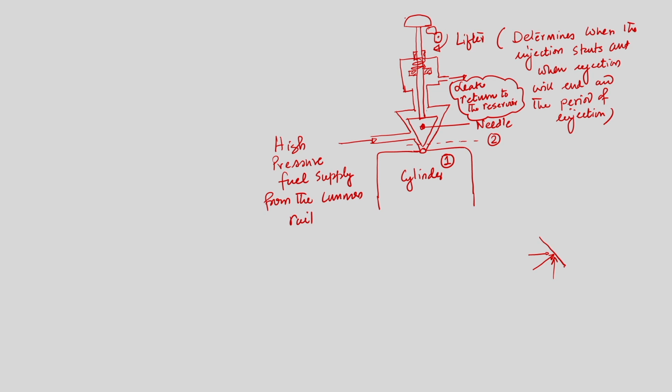The vertical component of the force, because of this high pressure fuel supply striking the needle wall, will try to lift the needle by a very small amount, and because of this lifting of the needle, the high pressure fuel will be injected into the cylinder. So, this is the mechanism by which we can have fuel injection into the cylinder. Now, the question is, not all the fuel which is coming will be able to enter the cylinder, but the remaining amount of fuel can be taken through the leak return port into the reservoir.